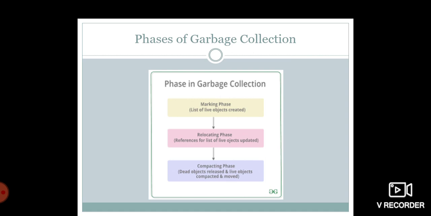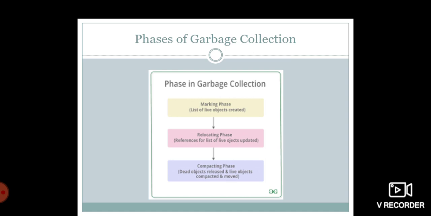There are three phases in garbage collection here. The first one is the marking phase. In the marking phase, it will list the objects which are created, and mark those objects which are in use. The second phase is the relocating phase. In relocating, all the references and the parts of the memory which are in use will be linked together.